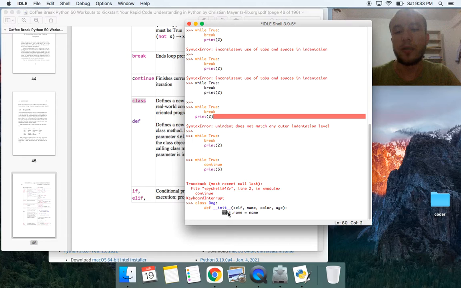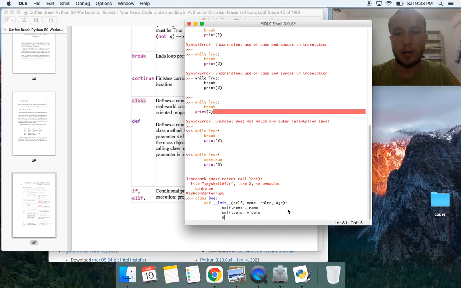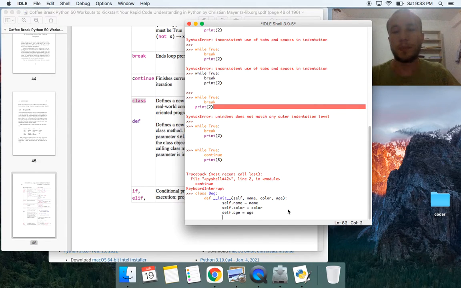Self stands for the object, so if I create many objects, each one of them is going to have different attributes. Self.color equals color, self.age equals age,